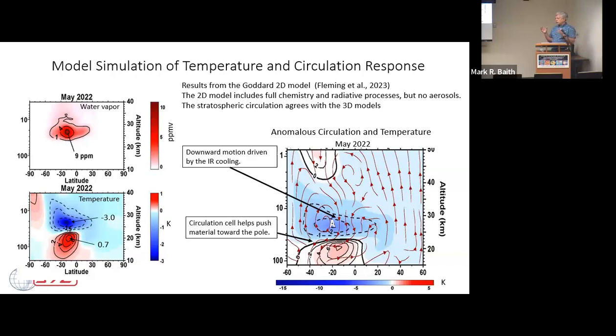And it also has the QBO in it, and the QBO looks exactly like the QBO that's observed in reanalysis fields. So this is the water vapor. They injected the water vapor, and then this is the temperature response. Now, this is kind of a funny color scale. You can see the blues are really out to -3, and the reds are only to 1. So I put the numbers in here. This is about 0.7 and -3. So there's a big, strong temperature response. And the -3 is about what we got on the previous slide as well.